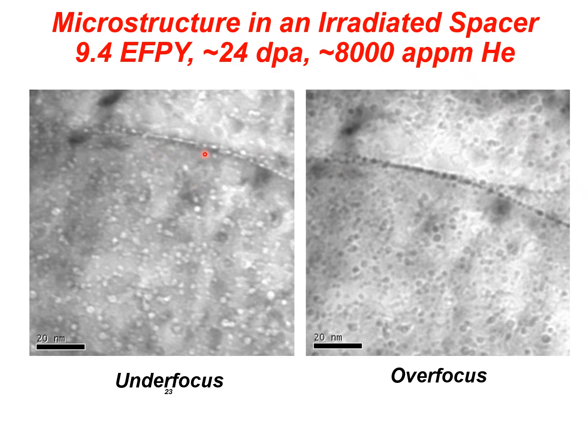So this is the same images using under focus and over focus. This is the very first image that was generated from our spacer materials in Canada. And this is from that day that I went over, and I said, well, let's check and see what we have. And we have this under focus, over focus criterion to show that they exhibit Fresnel contrast, but that isn't actually, I'll talk about this later, that isn't sufficient